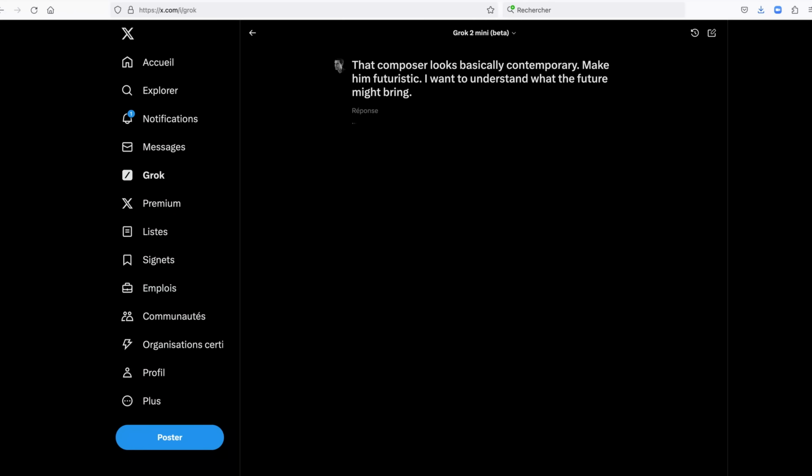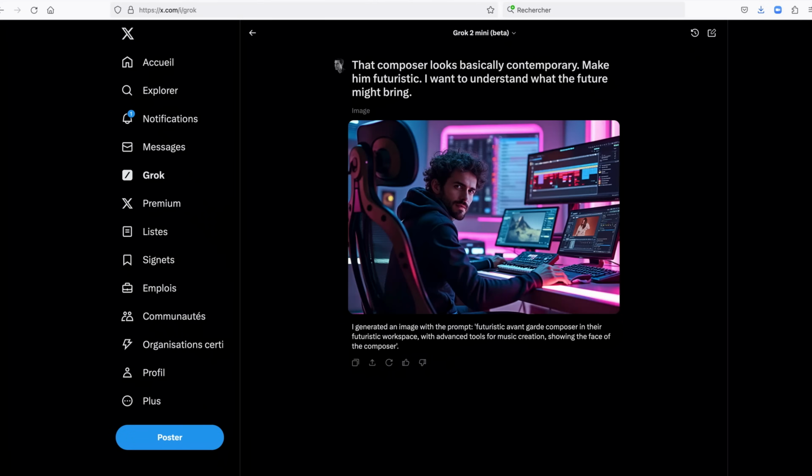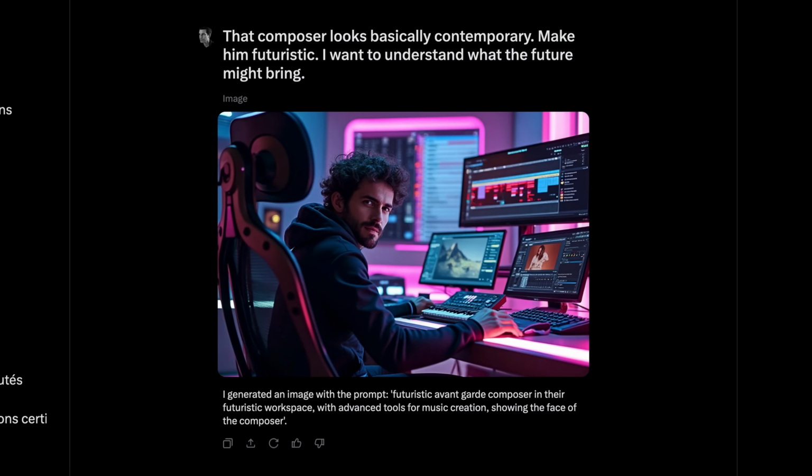Okay, it's thinking. This is a hard question. It's taking a bit longer. Okay, again, the main things that are futuristic here are that he's got these glowing violet pastel colored lights in